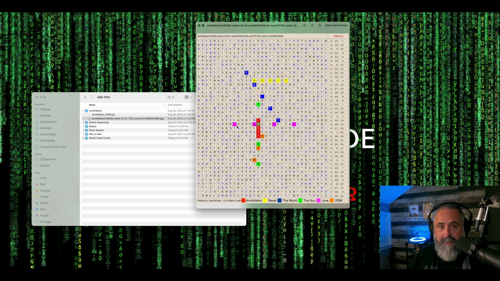of 2058, and it will be the last one that we'll have for nearly 200 years. And lo and behold, the word June is crossing annihilation and the sun. Not only crossing, but it's touching the word annihilation right where the word sun is also using the same letter out of annihilation. It's weird. Okay. So,